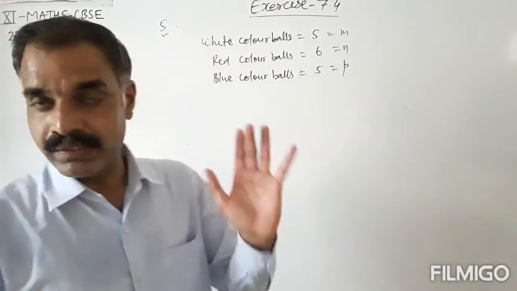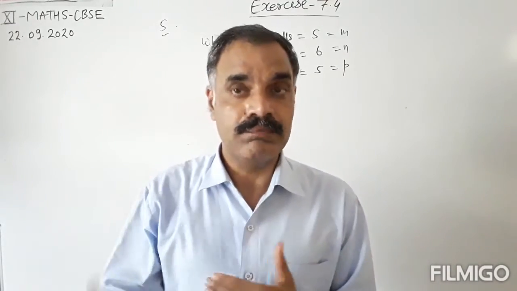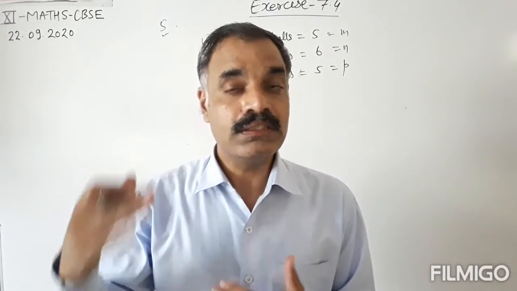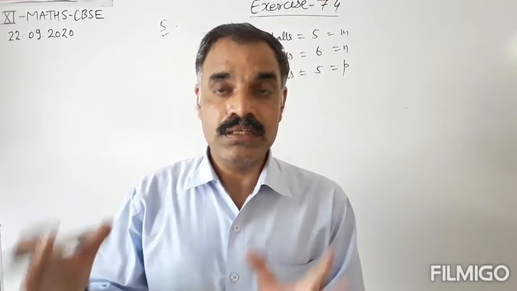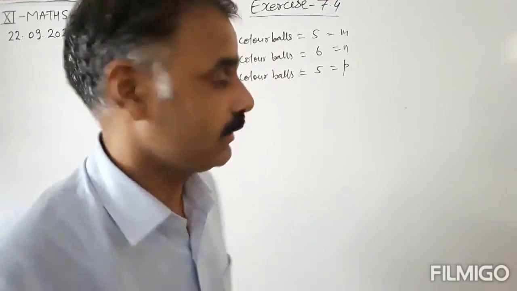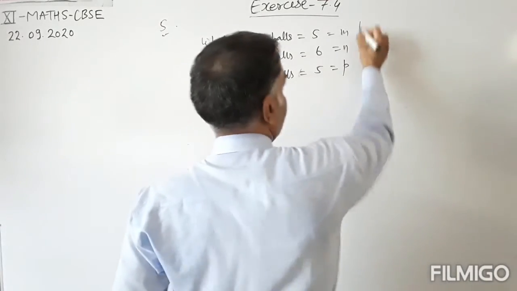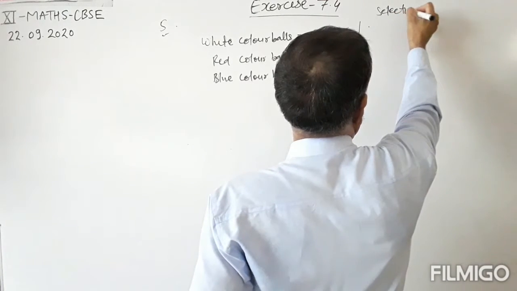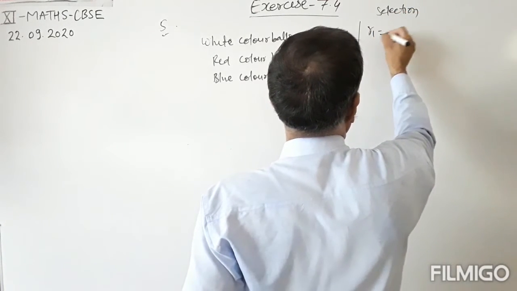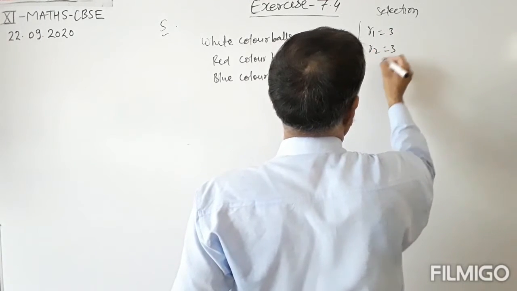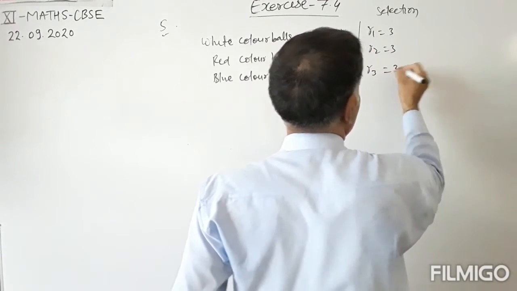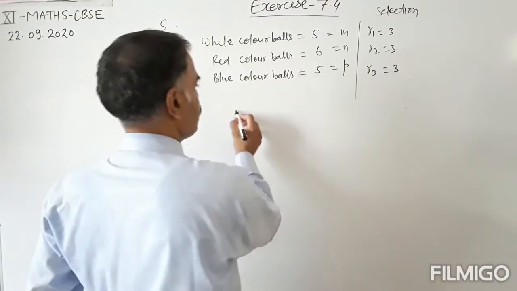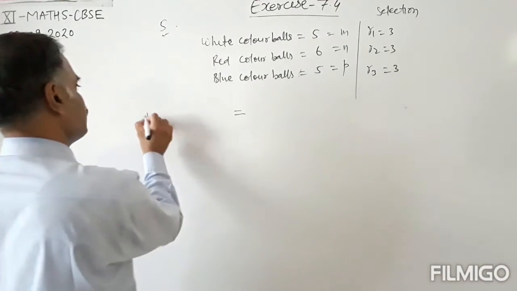Okay, m, n and p. Now we have to select 9 balls, in which 3 balls are of each color. This is selection: r1 equals 3, r2 equals 3, and r3 equals 3. Means we have to select 3 balls from each color. So the total number of selections are